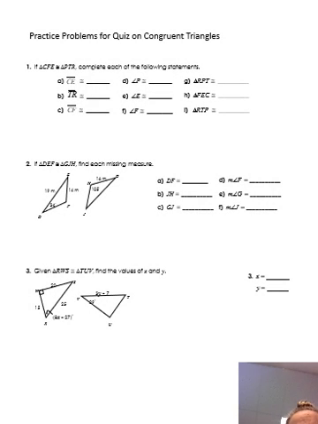All right, here are some practice problems for our quiz on congruent triangles. In number 1, we have triangle CFE congruent to triangle PTR. Complete each of the following statements. Well, since CE is first and third, we need to do side PR